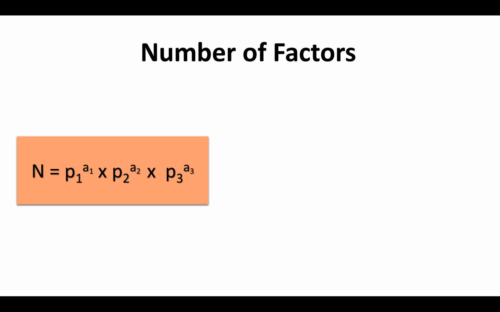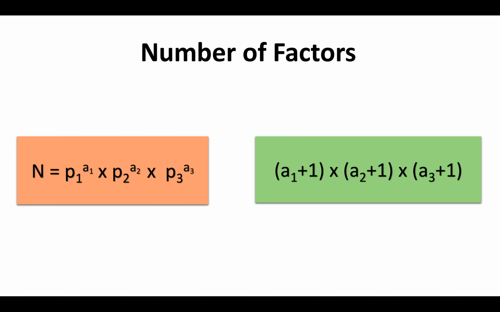If you see from 0 to 2, for example, that will have 2 plus 1 choices: 0, 1, 2, 3 choices. So similarly, for a1 we'll have 1 plus a1 choices, for a2 we'll have 1 plus a2 choices, and similarly for a3. So the number of factors can be written as a1 plus 1 multiplied by a2 plus 1 multiplied by a3 plus 1. I hope you've understood this concept. If you haven't, please pause here, rewind for a bit and go through this one again, because this is what we'll use in the rest of the video.